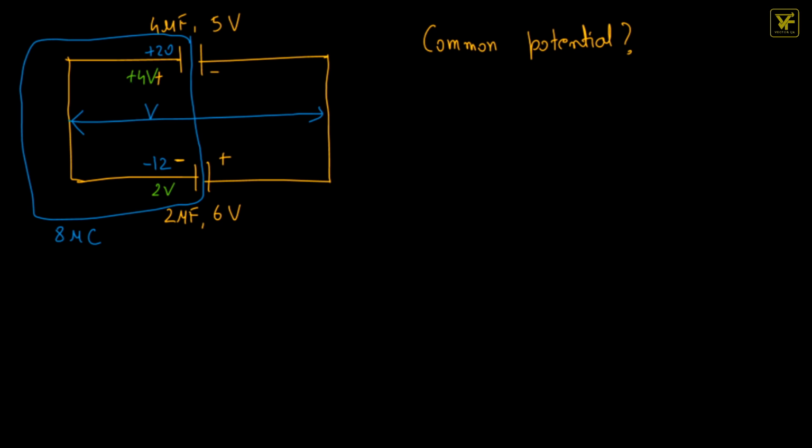Why do we have to write plus 2V and not minus 2V? Because once the potential becomes equal, then it will be clear that either the left hand side circuit will be at higher potential or the right hand side circuit. Because the potentials are equal, if you are assuming this plate to be at higher potential and this one at lower potential, that means this will have positive charge and this will have negative charge.